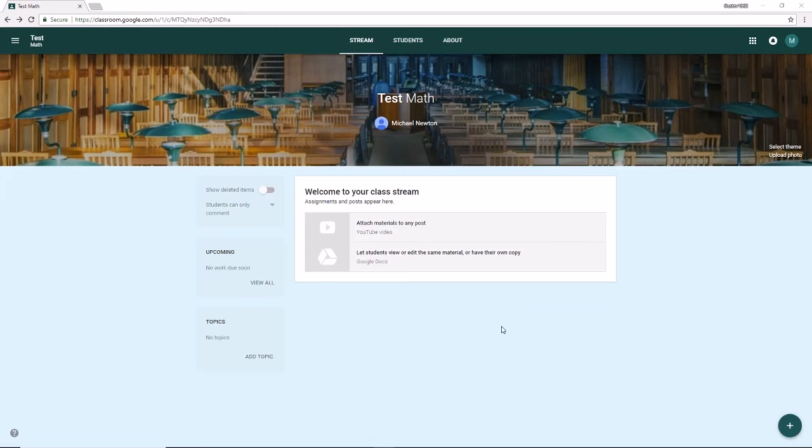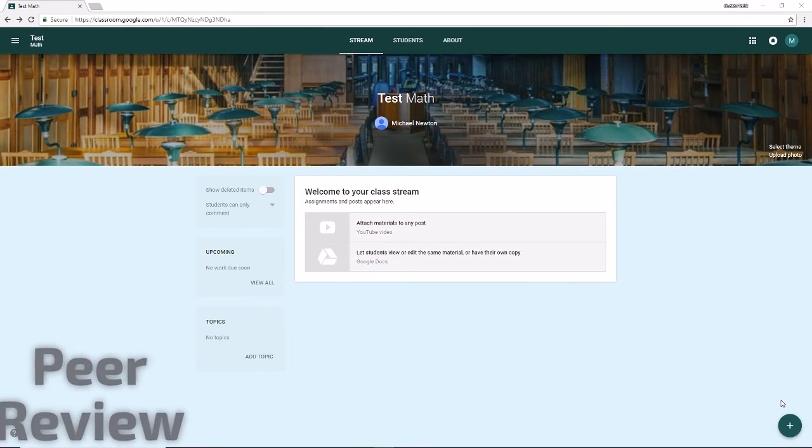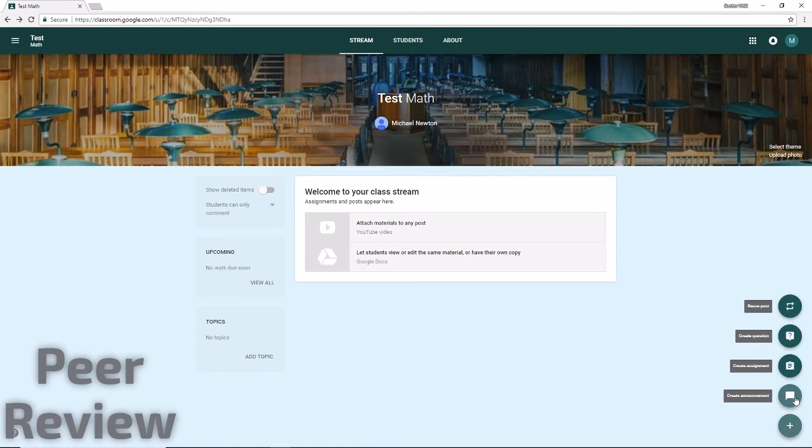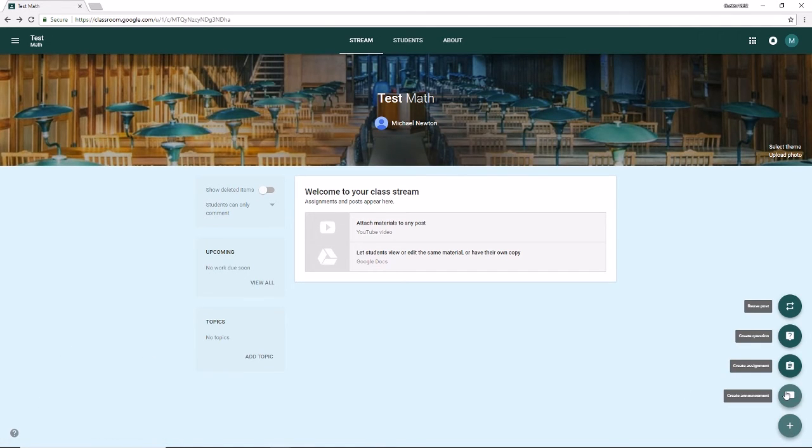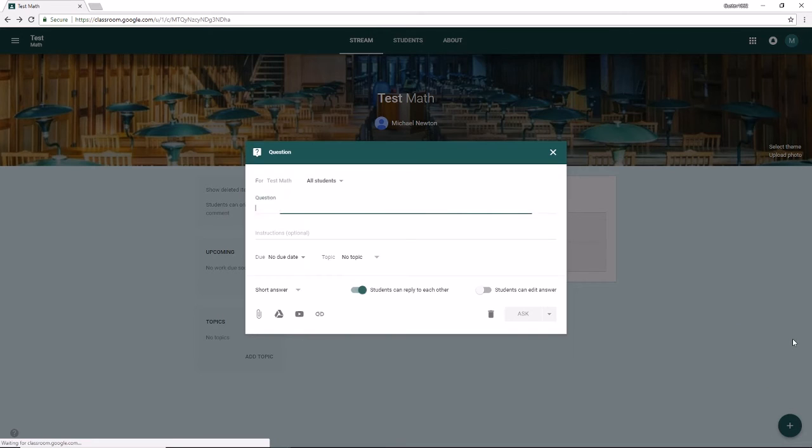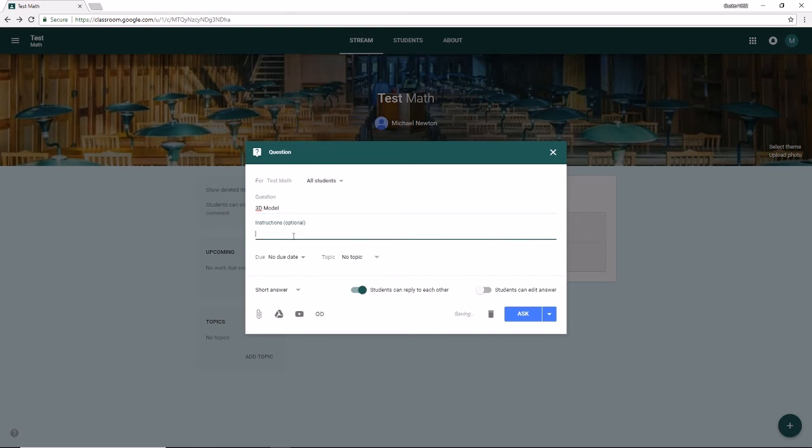For peer review, we're going to be using Google Classroom. One important thing, you want to make sure students are able to comment. For this one, we want to use a discussion type forum, which means we want to use the question option. With the question option, we want to present what the project is or the peer review is, in this case